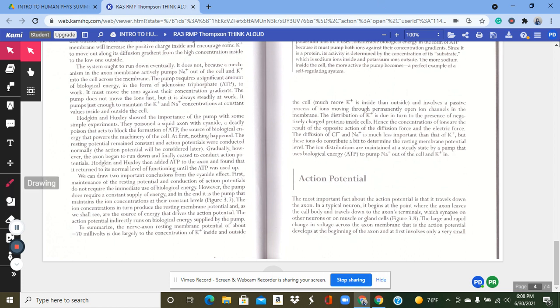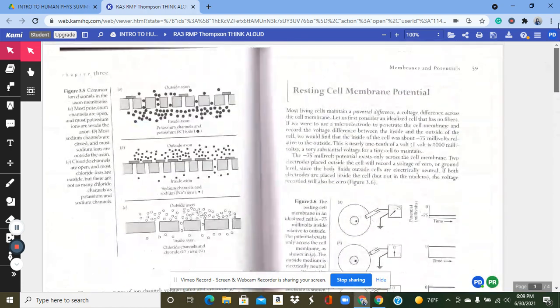So in a typical neuron, it begins at the point where the axon leaves the cell body and travels down to the axon terminals, which synapse on other neurons or on muscle or gland cells. Figure 3.8. The large and rapid change in voltage across the axon membrane, that is the action potential, develops at the beginning of the axon and at first involves only a very small